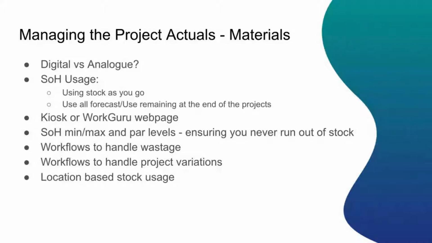Okay, a second major actual that you'll be capturing on a project is obviously the materials. Again, this is another discussion if you're implementing Workguru within the organization. What's the most advantageous way of getting those project actuals against the project? Is it doing it digitally versus analog? So people are scribbling down stuff onto pieces of paper or job sheets or work orders and giving it back